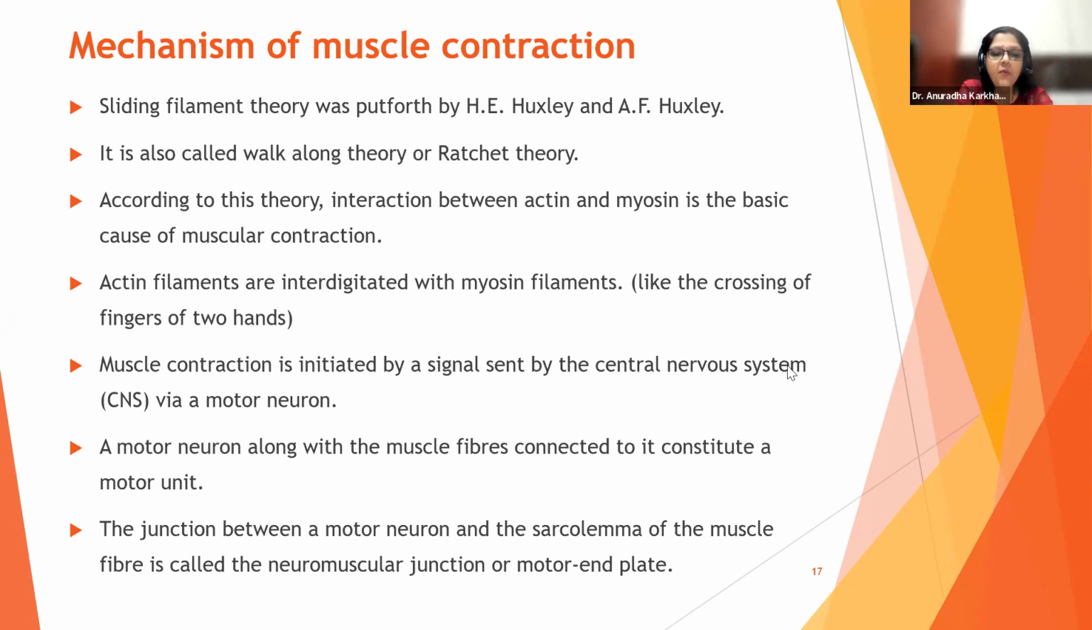The junction between a motor neuron and the sarcolemma of the muscle fiber is called the neuromuscular junction or motor end plate. Okay, now what is a motor unit? What is the neuromuscular junction? What is the motor end plate? They ask you everything, so you have to know this. A motor neuron along with muscle fiber, what do we call it? Motor unit. Okay? And the junction between a motor neuron